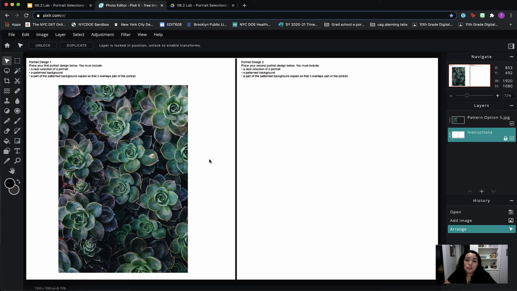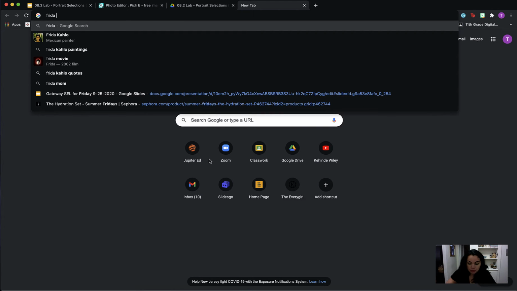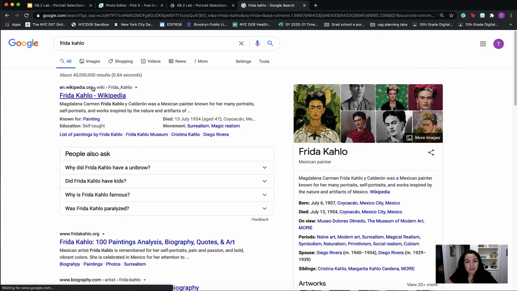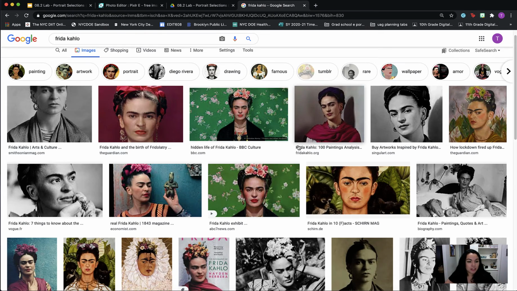The next thing I want to do is research the portrait of someone I admire, respect, want to be like, right? So that I can bring them into my Pixlr file. So I'm just going to go put my girl Frida. You can choose whoever you really admire. And I want a portrait of her. So it's really important I get at least her shoulders up, right? It doesn't have to be a full body, but at least the shoulders up so I can really see her